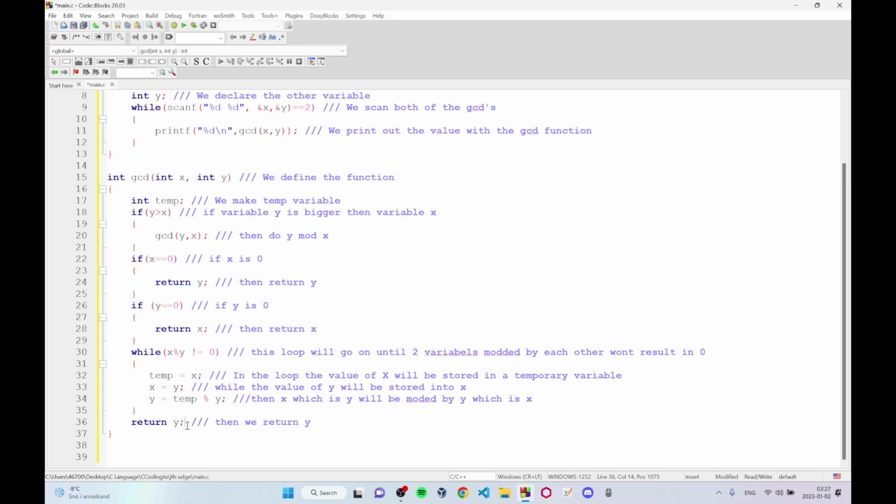And we're going to return y. And if it's the other way around, this is going to be flipped, of course. So this is why this works for both cases. This is a little bit more confusing than the recursion,